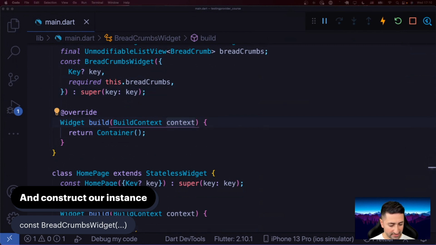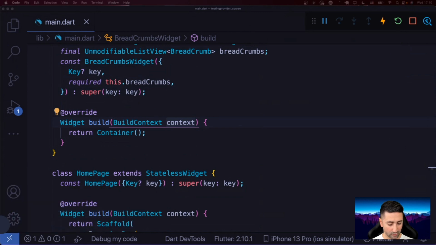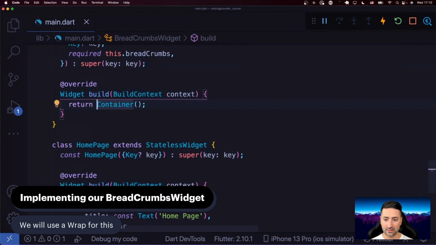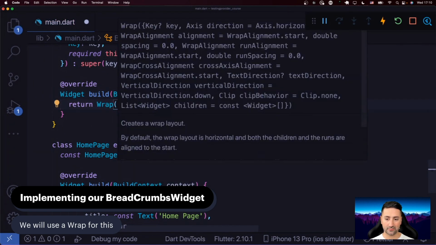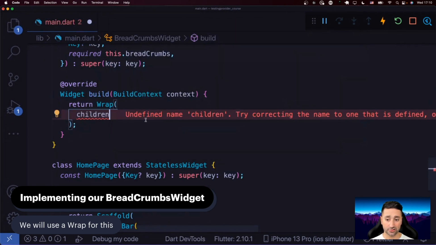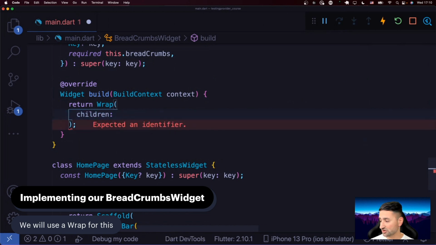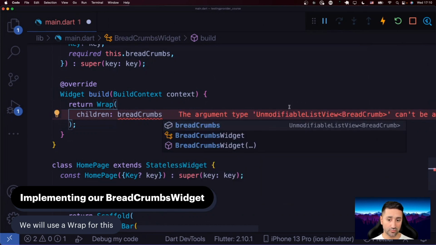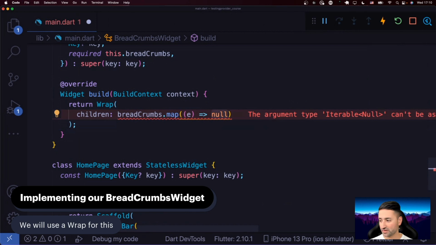So that's really good. And performing hot reload is not working because we have to switch to our application, okay? So what we need is to actually implement our breadcrumb widget, and that's going to be using wrap. So I'll bring this caption up here. So let's go ahead in here and say we will use wrap, and wrap has a property called children, okay? So in this children, what we're going to do is to grab our breadcrumbs, our unmodifiable list of breadcrumb,